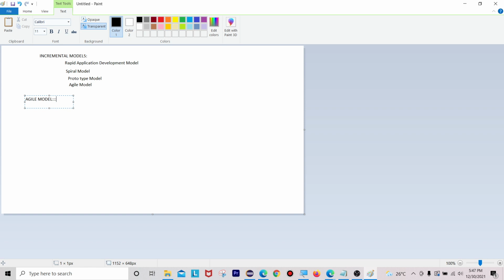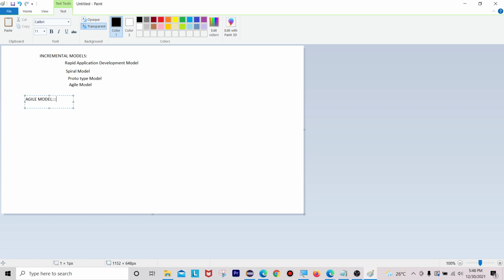The advantage of agile model is that it guarantees more customer satisfaction because working software is delivered within less time. For example, one customer came with a big project, and in that big project he wants to see a very small module, the login page development or testing. The people will work in a shorter time, build that login page, and the customer can see that outcome within a shorter time. That is the main advantage of agile model.